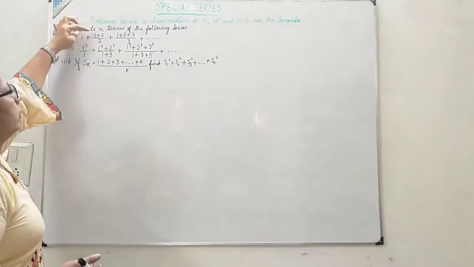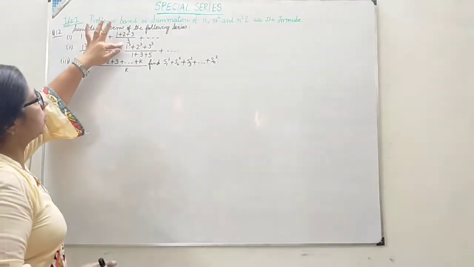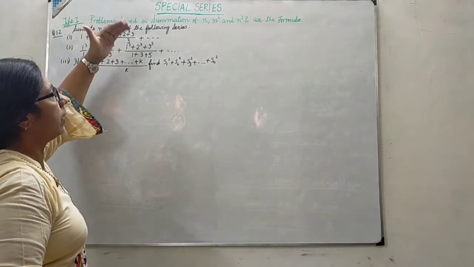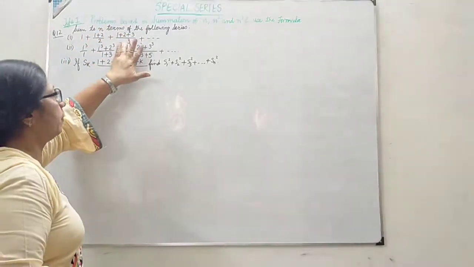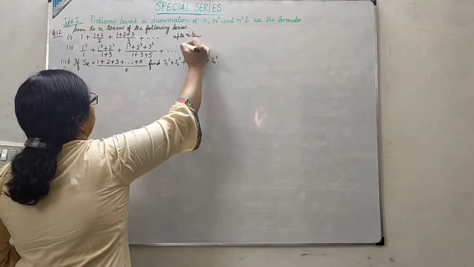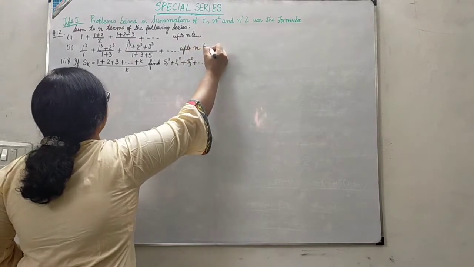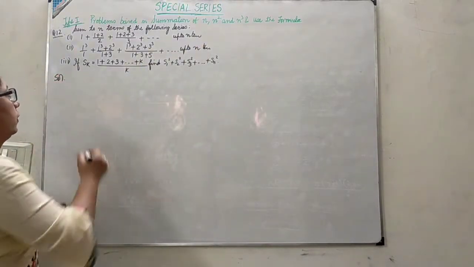Second term, we have the numerator as the sum of two terms divided by 2. In the third term we have 1 plus 2 plus 3 divided by 3. That means the sum of the first three natural numbers divided by 3, and this is up till n terms. So what will we do? We first recognize the pattern and write down the Tn for the first part.